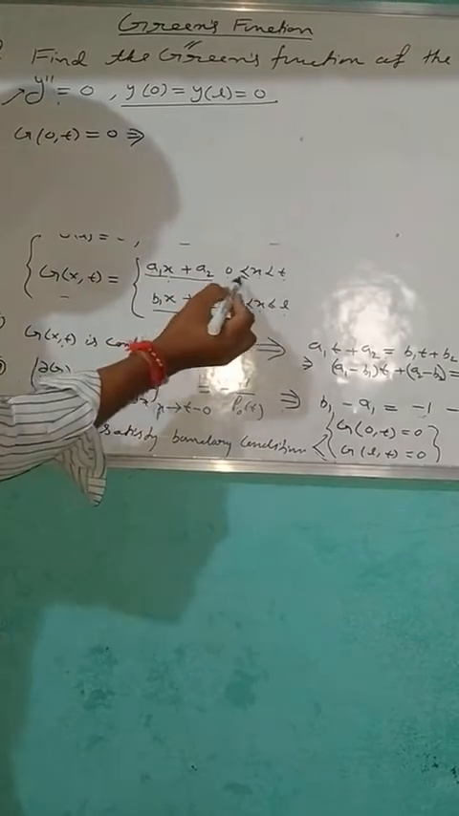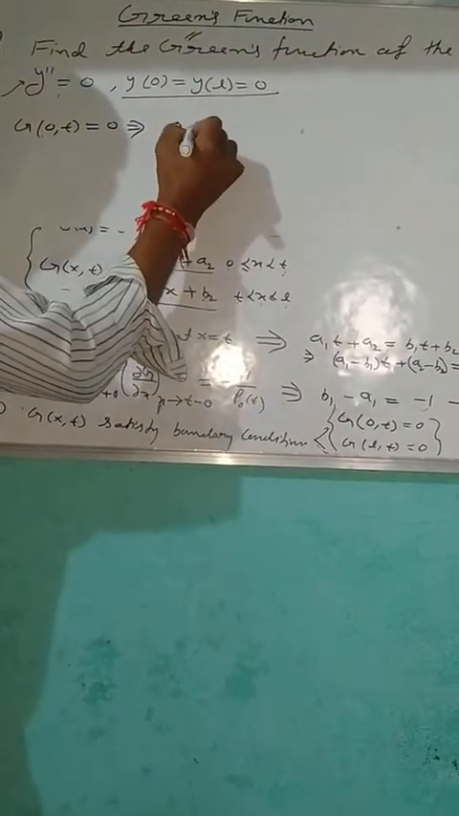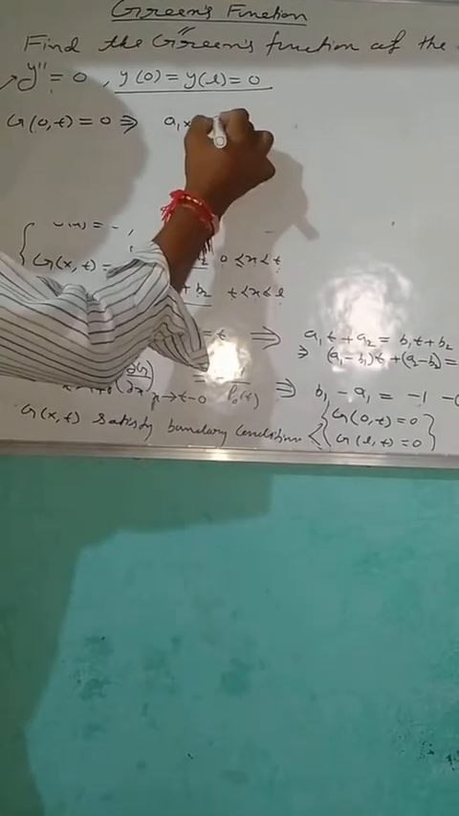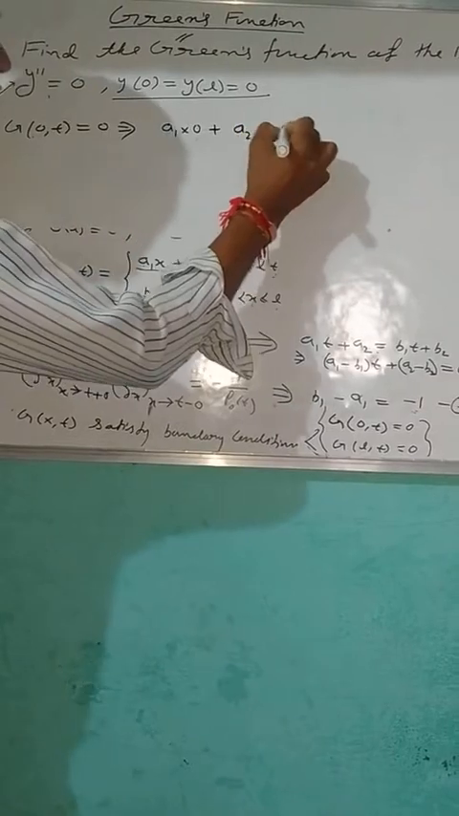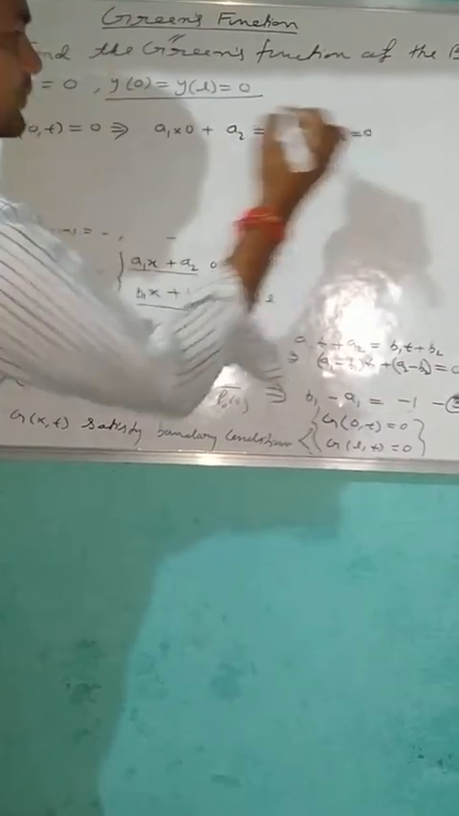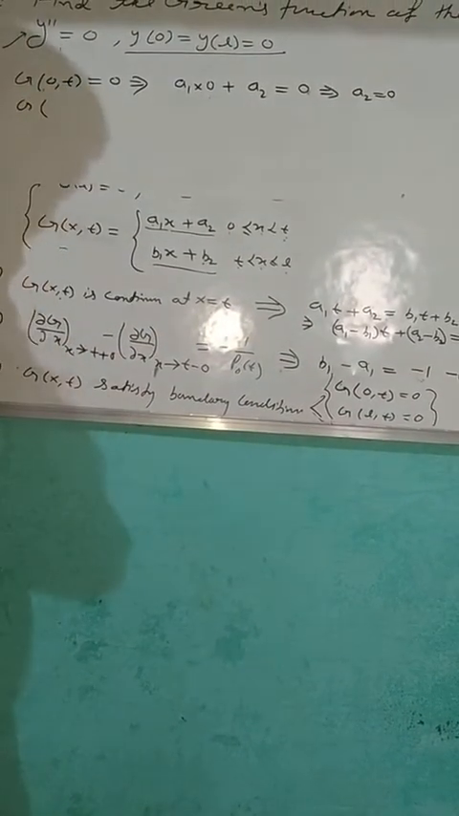It means between 0 comma t we can apply this boundary condition, and this is equal to a1 into 0. At the place of x we can put 0, and this is equal to a2 and this value is 0. It means the value of a2 equal to 0, right? And second is g of